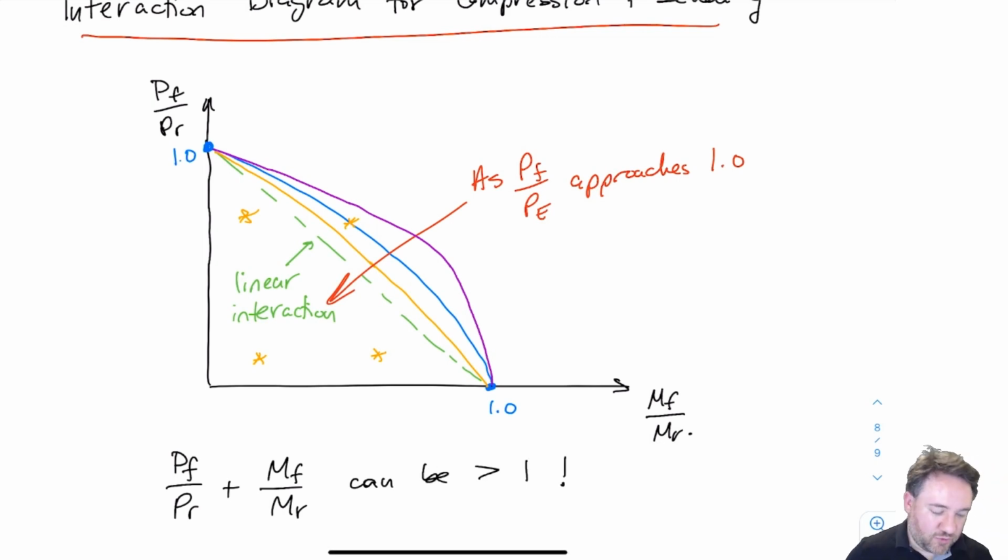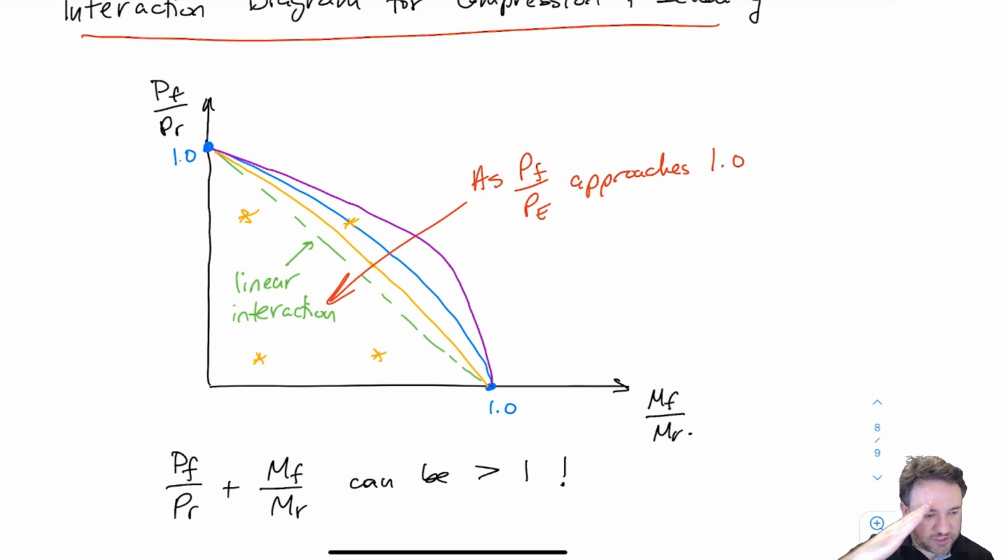Okay, but of course my actual interaction, which is PF over PR squared plus MF over MR times that amplification term, can't be greater than 1. Okay. All right, so that's what my interaction diagram looks like. So basically it's pushed out a little bit because of that effect of